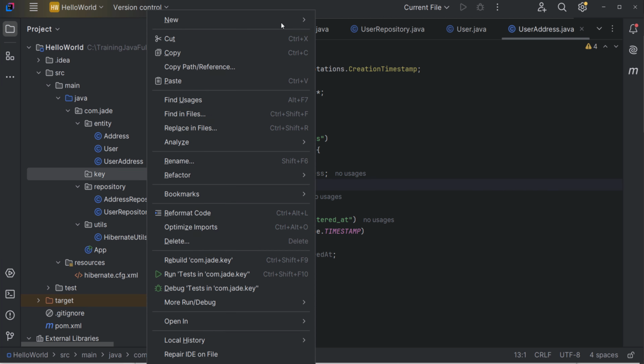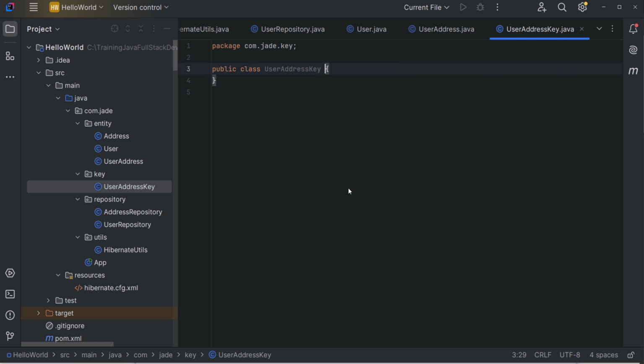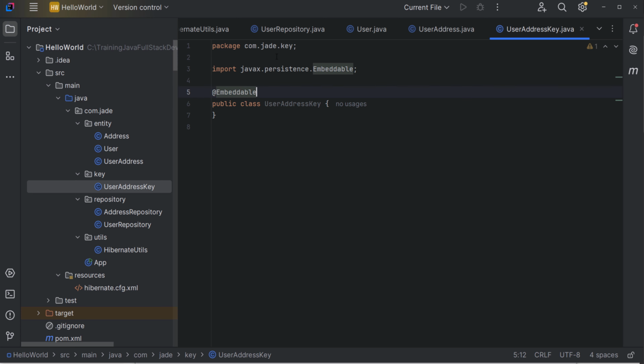Inside the package, create a Java class named UserAddressKey. And because this is a key, you need to use the Embeddable annotation,